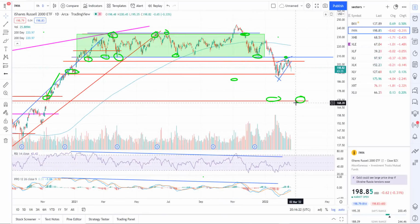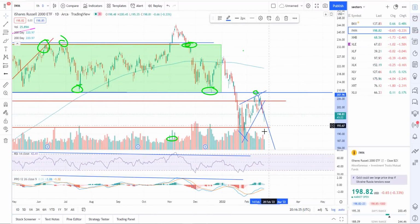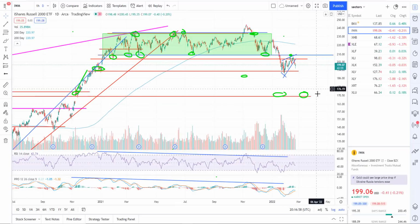With IWM, we're still looking for this level 170 area. We've got a bear flag right here. Nice clean bear flag. There's your flag. Continue the flagpole breakdown, and it still puts us down there. We've already broken down out of the flag, so to see a little buying today is not any concern to me. I still think that we're probably going to start to gap down in the coming days. There's a lot of headline risk right now with obviously the news, and the market's trading on it, so we could have some negative headline come out overnight and gap down and continue selling. So